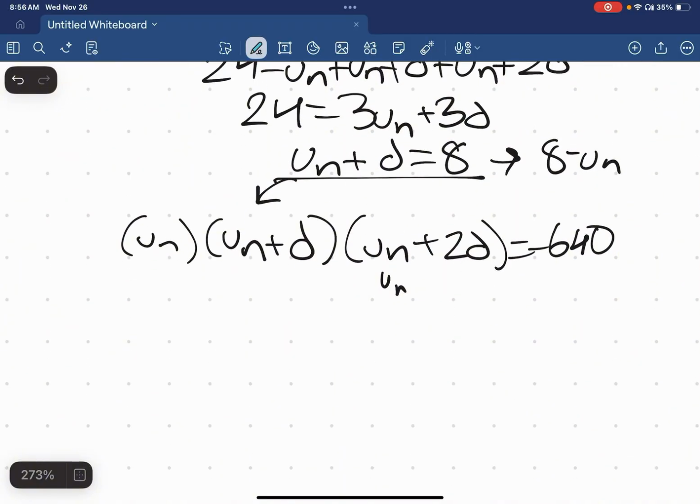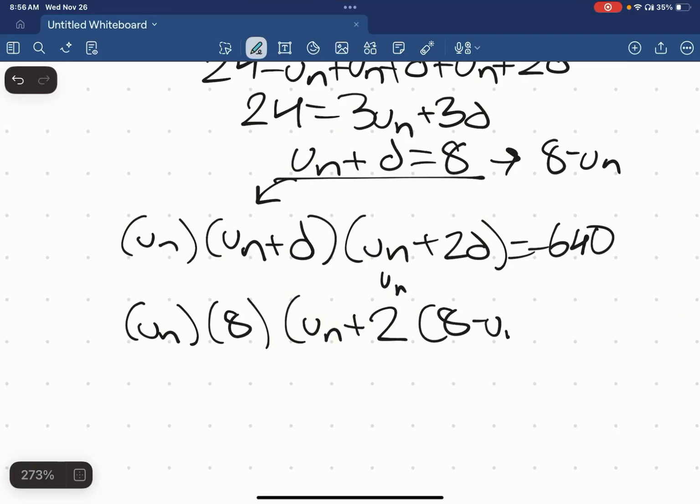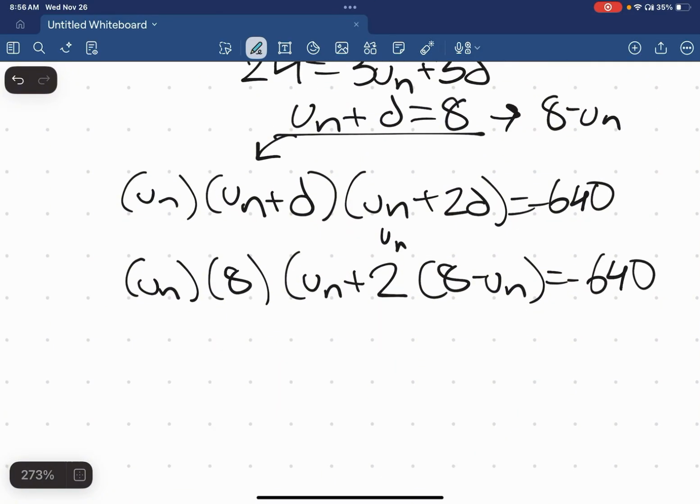After substituting, we get un times 8 times un plus 2 times 8 minus un, which is all equal to negative 640. After simplifying even more, we get 8 un times negative un